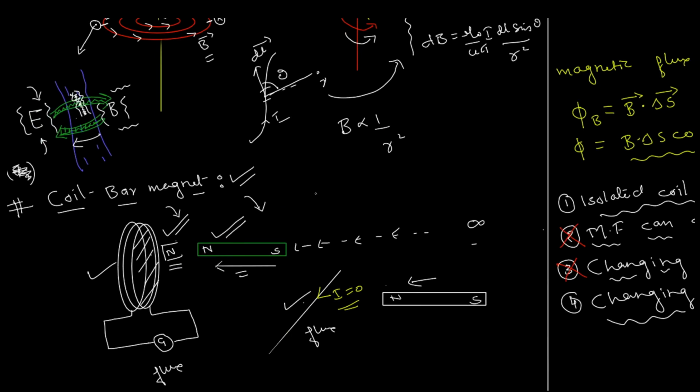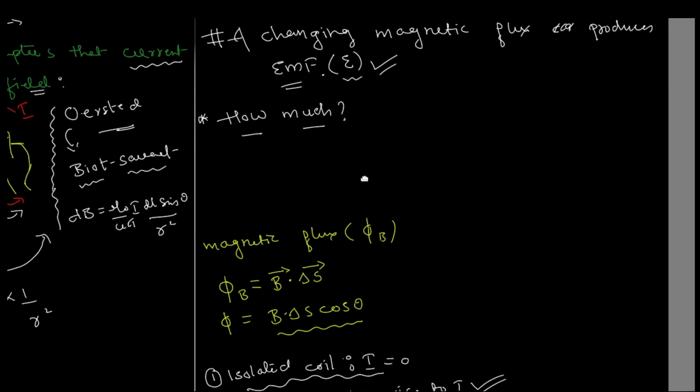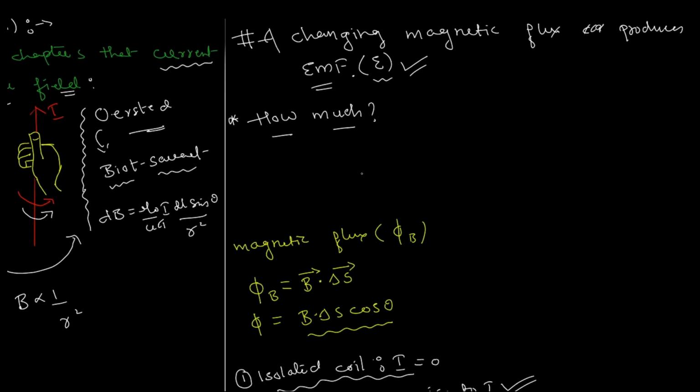If the motion is rapid, you can bring the bar magnet closer in many ways, right? You can bring the bar magnet from far away to near the coil with different velocities, and with different velocities, the rate of change of magnetic flux is different. The faster the motion, the faster the flux is changing. And as it turns out, the more rapid the motion of the bar magnet, the greater was the deflection in the galvanometer. If the galvanometer deflects more, current is definitely more, and if current is more, obviously from Ohm's law we know that EMF is more. So that brought us to this conclusion.